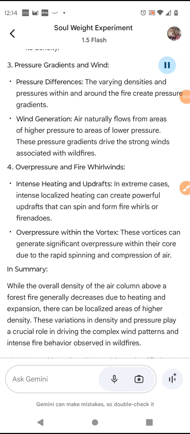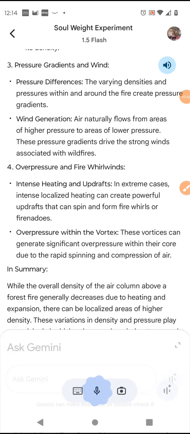In summary, while the overall density of the air column above a forest fire generally decreases due to heating and expansion, there can be localized areas of higher density. These variations